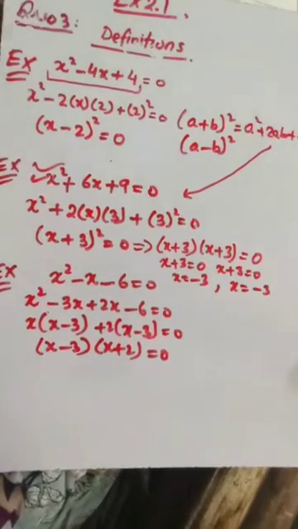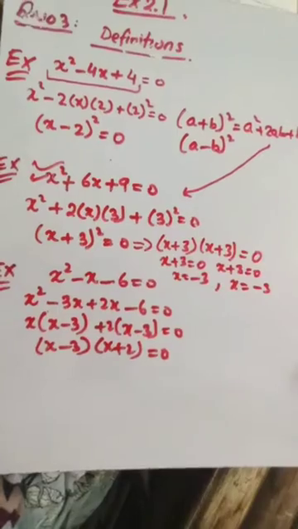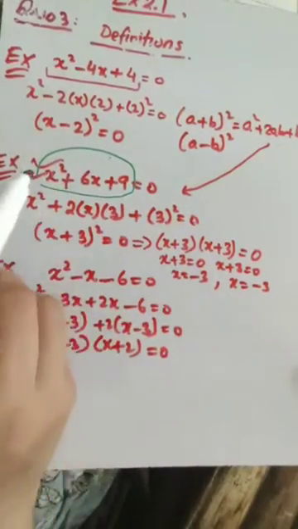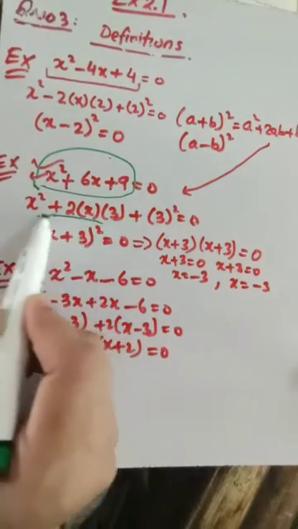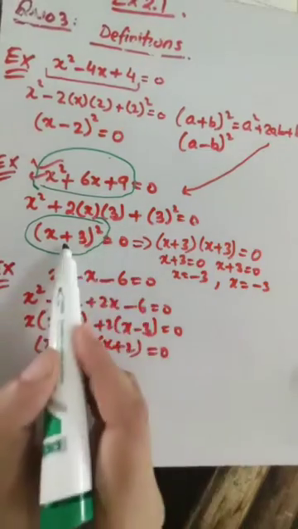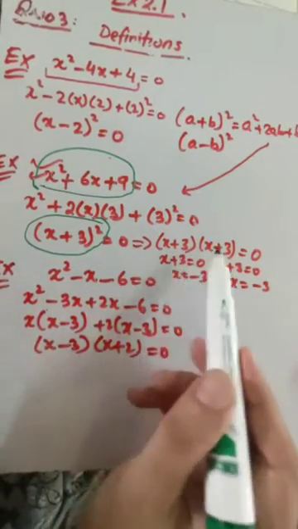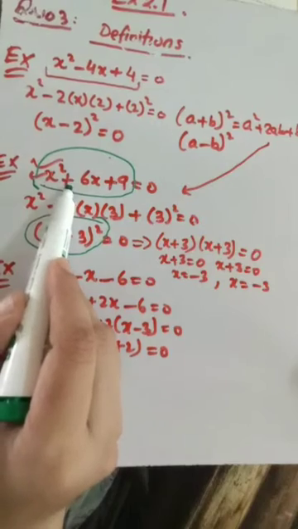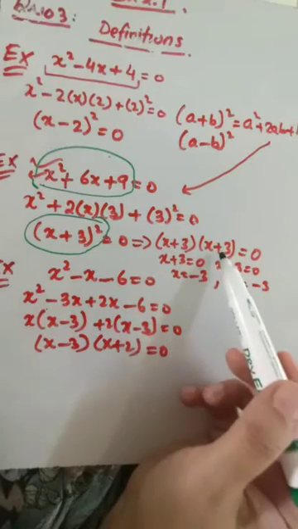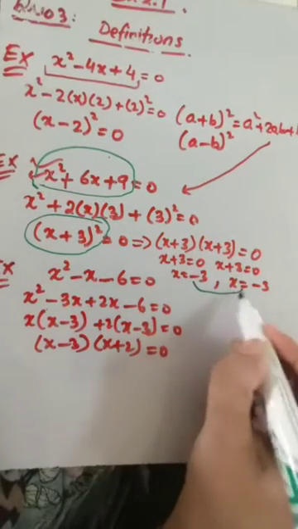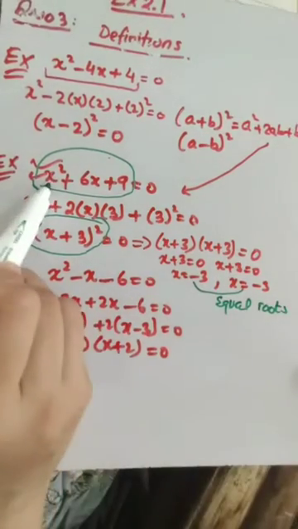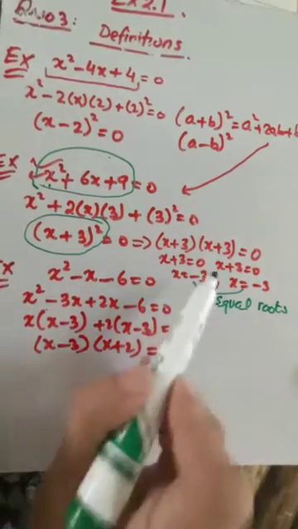Okay, so note down that we are getting equal roots when we solve an equation involving a perfect square. A perfect square will always be written in the form of the square of some number, and as it is written in the form of a square, it means this factor will always be multiplied twice. So whenever we have a perfect square in an equation, we are going to get two equal factors. And as we get equal factors, therefore we will get equal solutions. This is the thing that we need to know here. Whenever you have a perfect square involved in an equation, you are going to get equal roots.